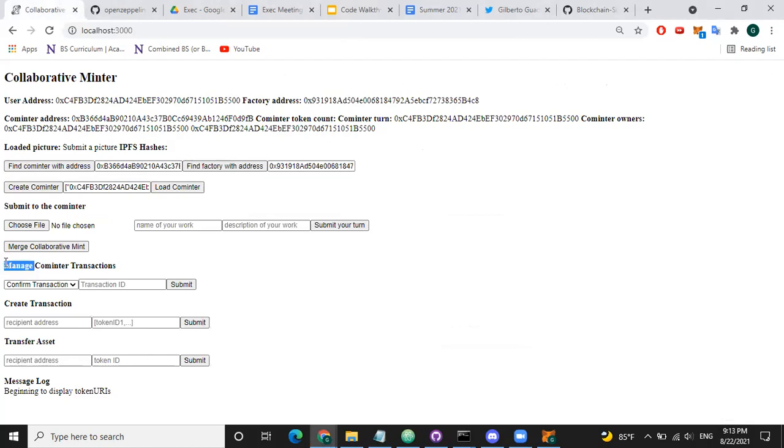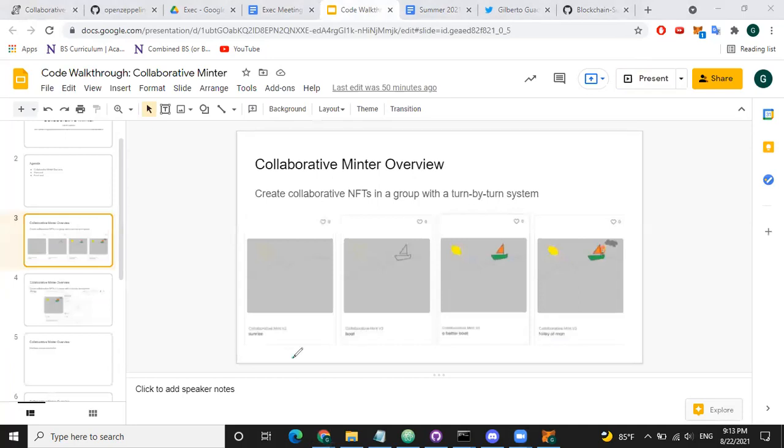And then what's going on here is managing the transactions. So there's a sales transactions component to this. Here you see that we can confirm transactions, deny transactions, or revoke transactions, depending on whatever transaction ID we want to work on. And we can actually create transactions. So this is basically saying, let's pretend that we have this piece of artwork and I'm only interested in the original on the first stage. So I could say, I want to place a bid for this first NFT. So then I would go back here